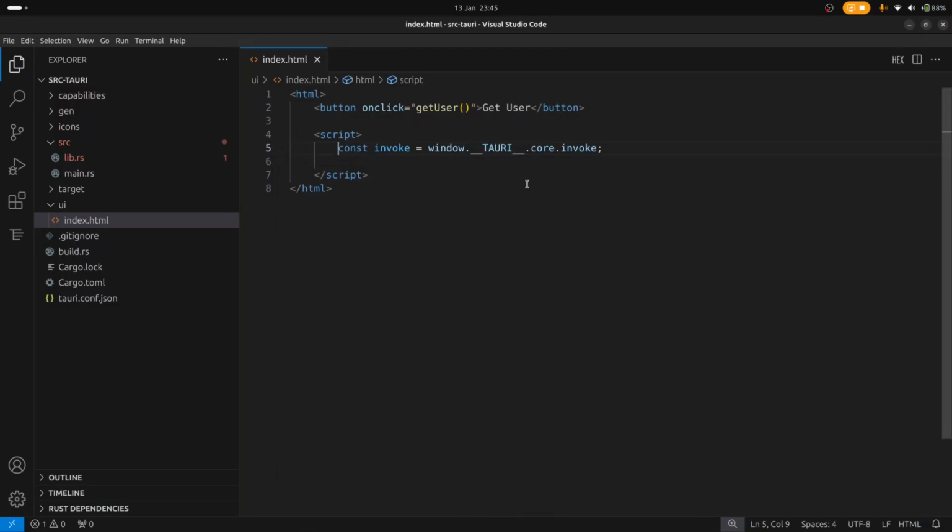Okay, so as I said, the with global Tauri property set to true will expose this API as part of the window object. And from this API, the function that we want is the invoke function. The invoke function is used to call a Rust function. And you'll see just in a moment when we code the get user what that looks like. But before we do that, we should probably set up the Rust backend function. So let's go ahead and go back to